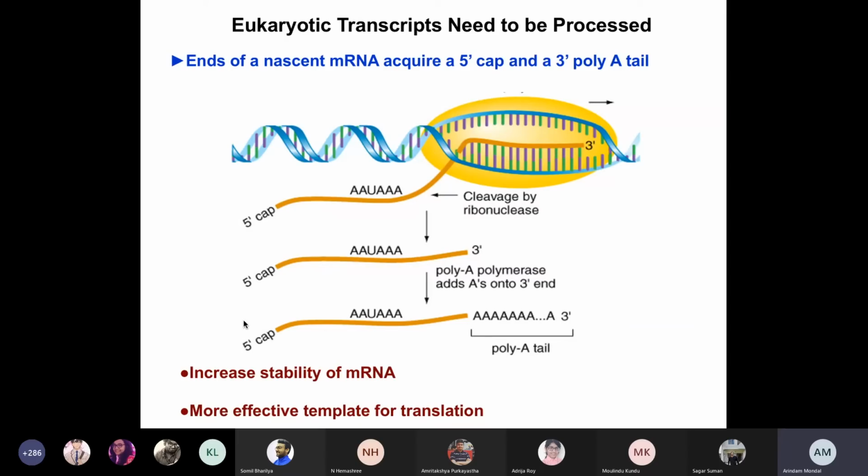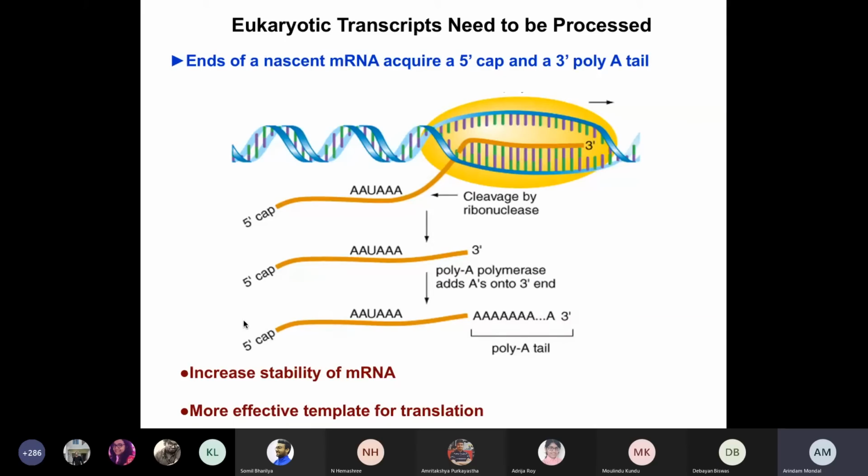Okay, that's why the exonucleases cannot initiate their cleavage process if there is a 5' cap at the 5' end. Also, at the 3' end, there is a poly A tail. So it can recognize the poly A tail and keep on removing it. But as I have mentioned, the length of the poly A tail could be about 200. Okay, so it's a really big poly A tail.